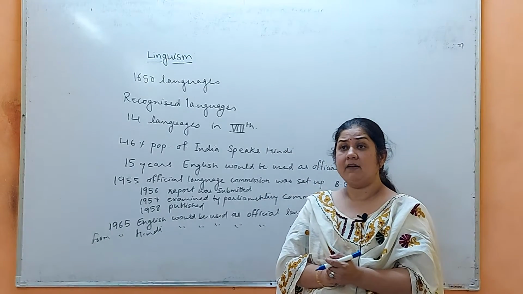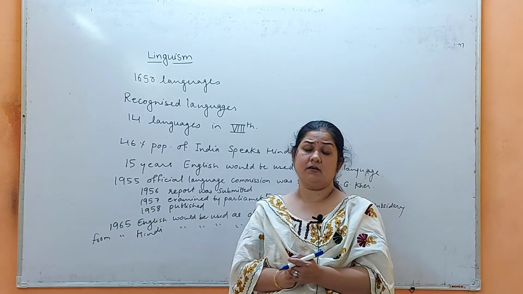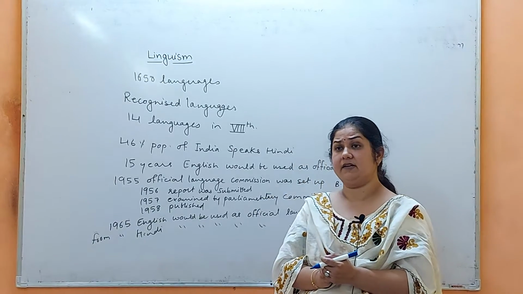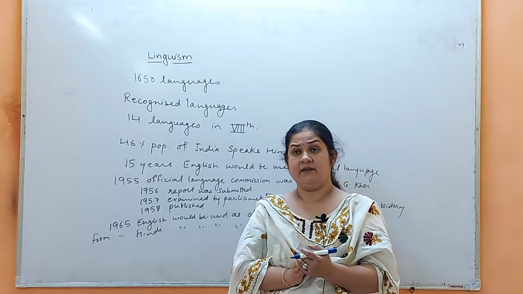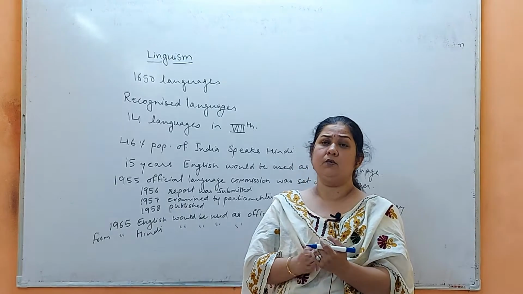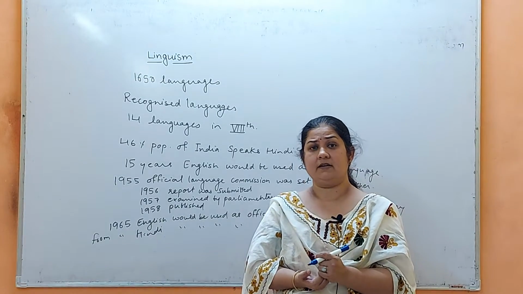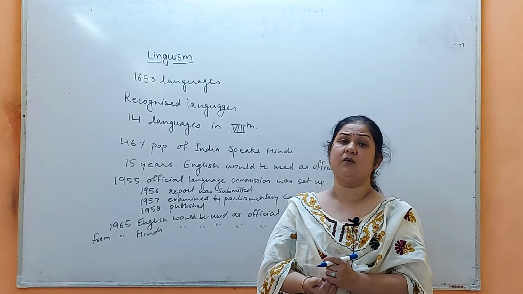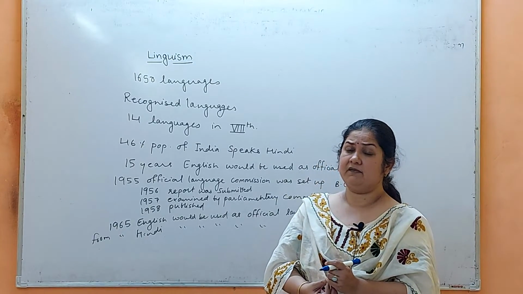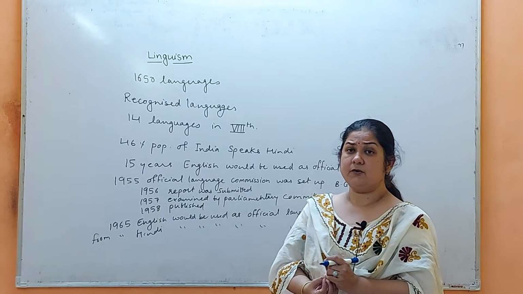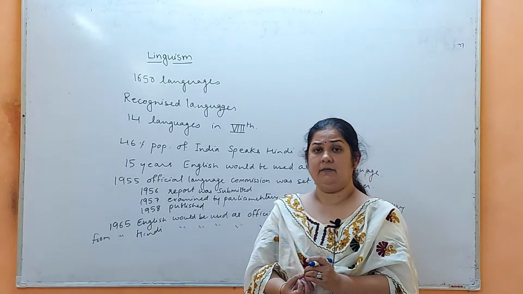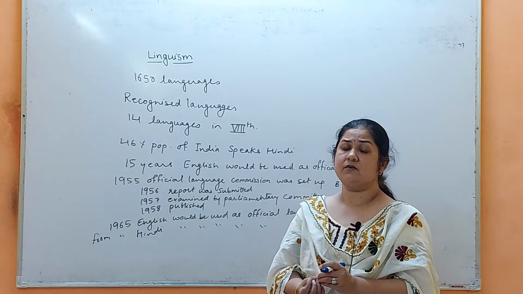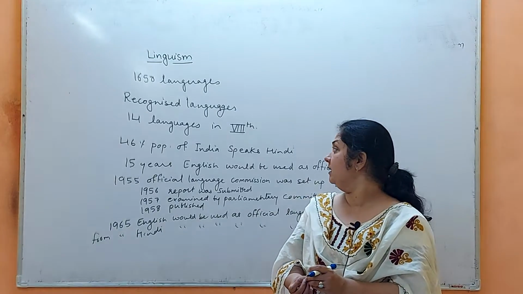Alright, now see, apart from Hindi and English, there are also certain other linguistic rights. For example, in Goa, when two languages were announced as official language, that is Marathi and Konkani, at that moment of time also conflicts took place between Marathi versus Konkani. So this was the thing.